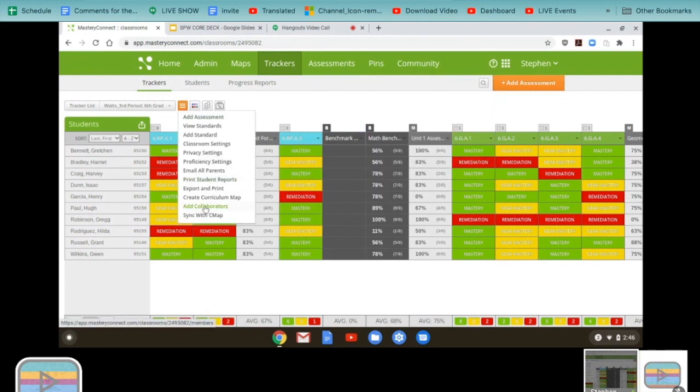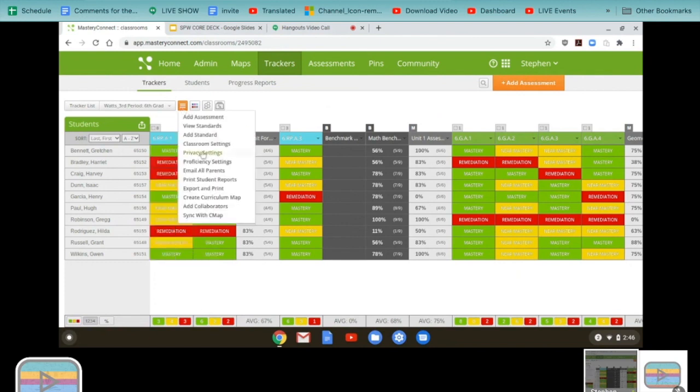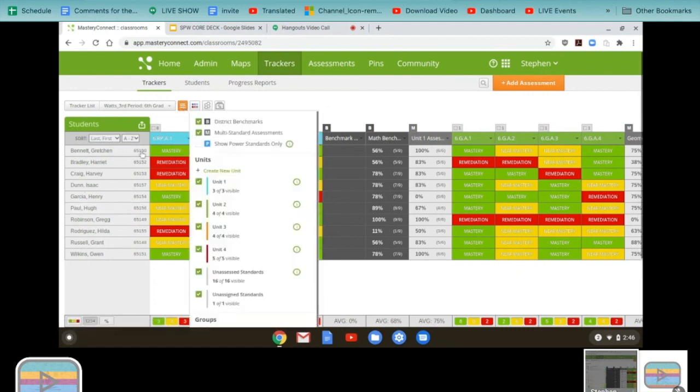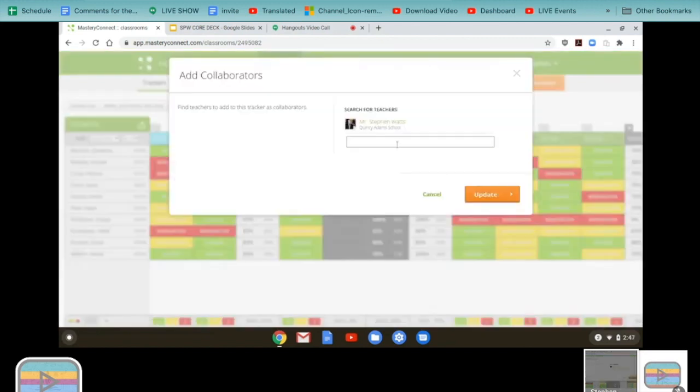One area that I will bring up is the add collaborator. So I mentioned what that was earlier, where you're a co-owner with another teacher. So if you are a general education teacher and you wish to add a teacher as a collaborator to your tracker, so it may be that an EL, SPED, coach, another content area person like yourself, if you want to add someone to your tracker as a collaborator, you go to the orange action menu on your tracker. So I'm in the tracker overview screen, and we would simply go to add collaborators. You simply search their name